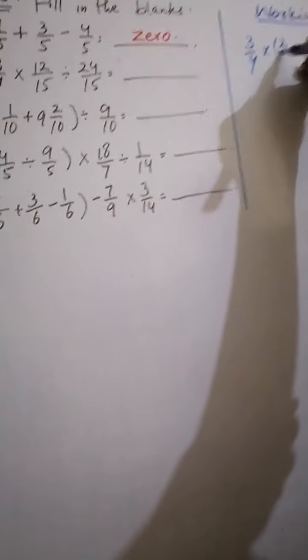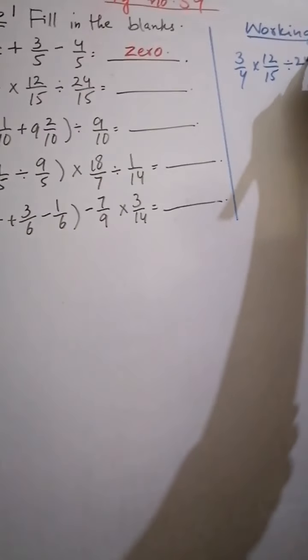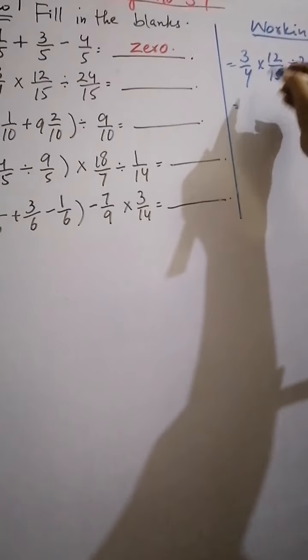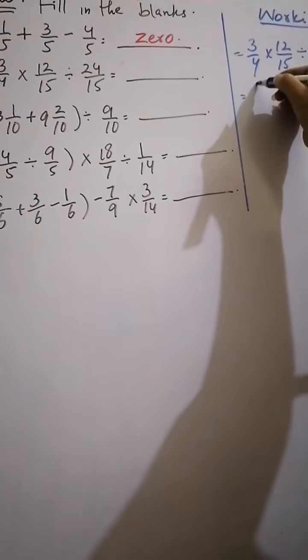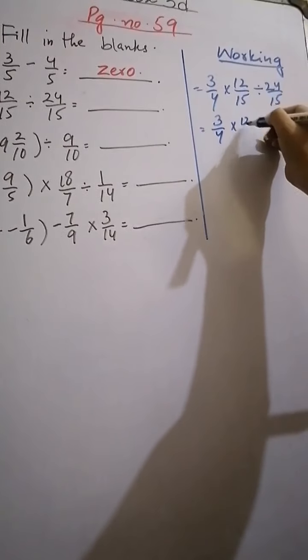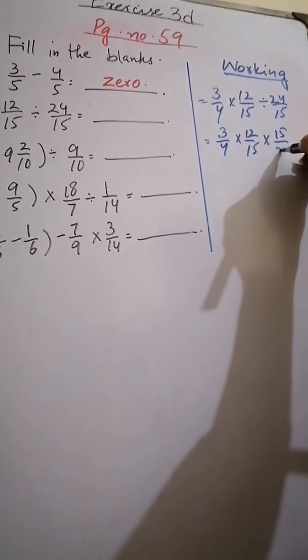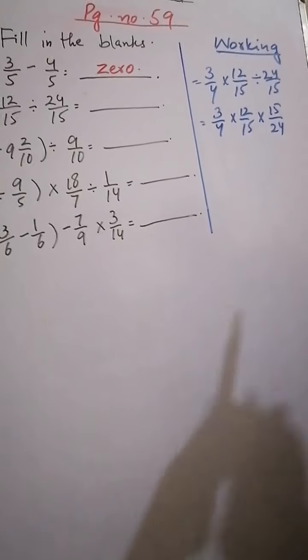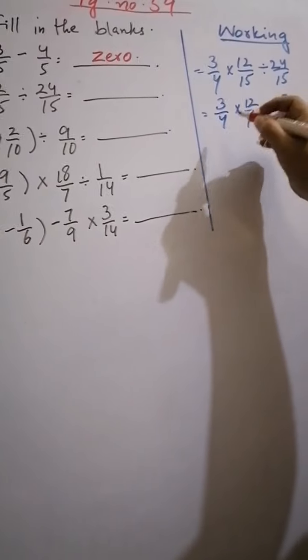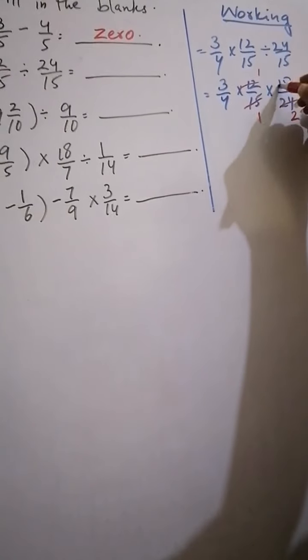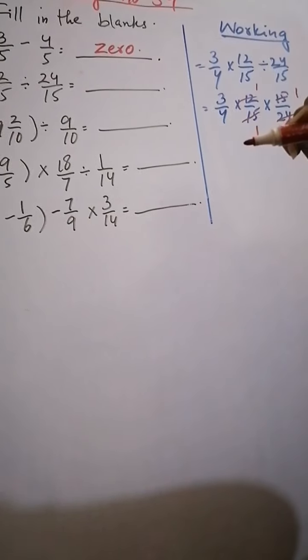Part B over here, it's 3 by 4 multiply 12 by 15 divided by 24 by 15. There is no bracket at all. Two operations are in there. It's multiplication and division, and first of all we will solve division over here. To solve division we will take the reciprocal. 24 by 15, it's 15 by 24. It's multiplication and multiplication, both are the same signs, so we will do cross cutting. Okay, look, 12 ones are 12, 12 twos are 24, 15 ones are 15, 15 ones are 15, right?